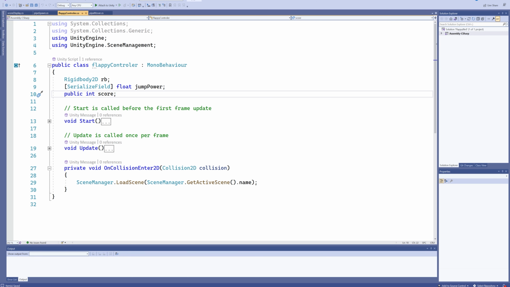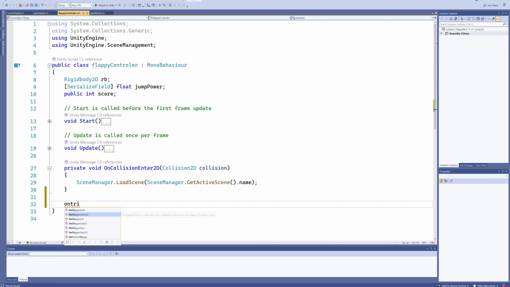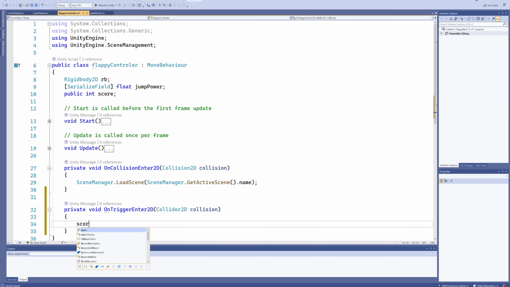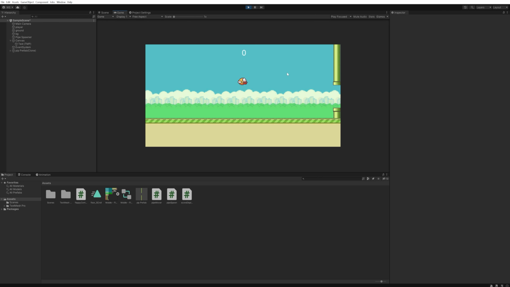Then in our Flappy controller script, we can simply just add an OnTriggerEnter, and we'll just add a score++, which will add 1 to the score. And with that, we have finished our Flappy Bird remake. As you can see, I am not very good at playing Flappy Bird, so it's not going to get a very high score here in the demonstration. But if nothing else, you can definitely see that the death mechanic is working, because I am showing that off a lot. And now that we've got a couple of points in here for score,